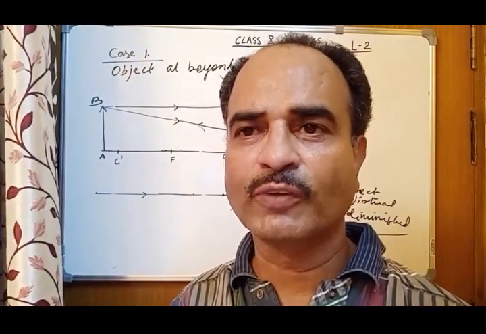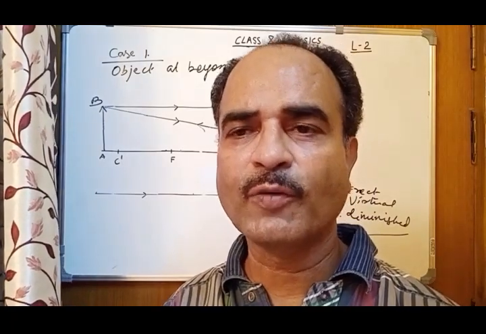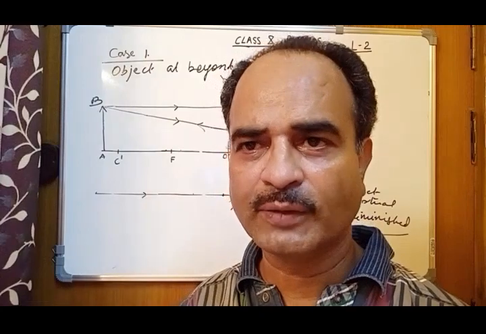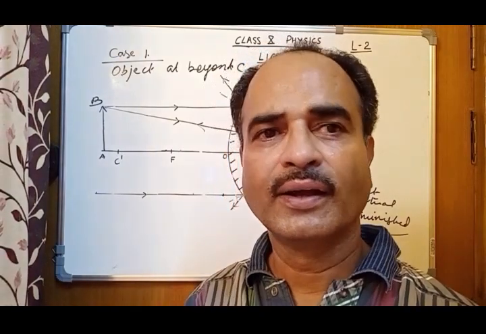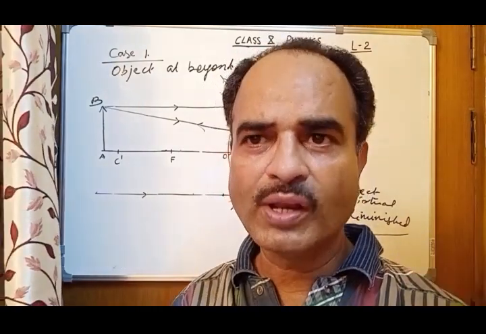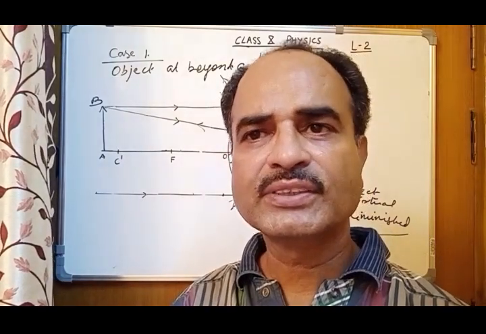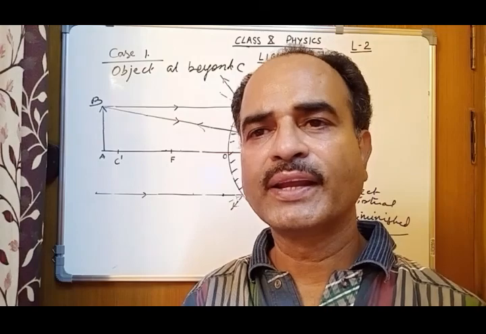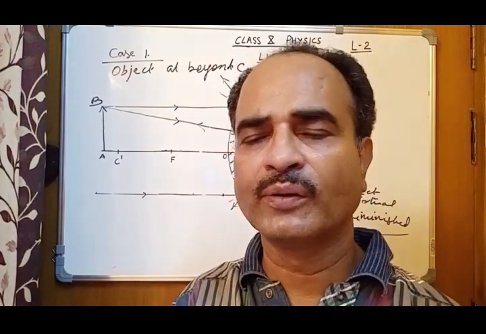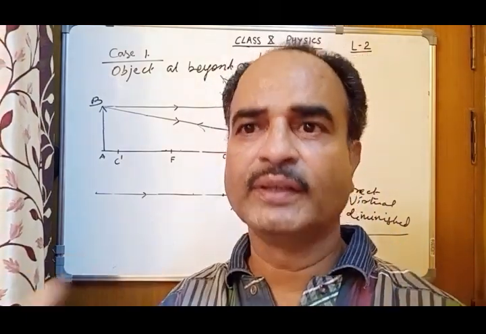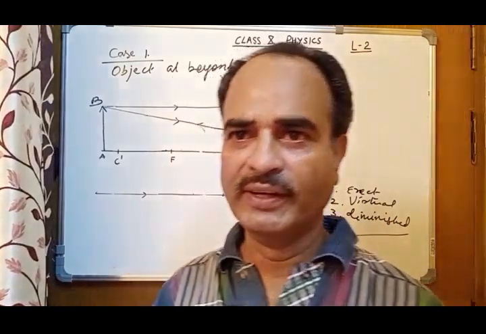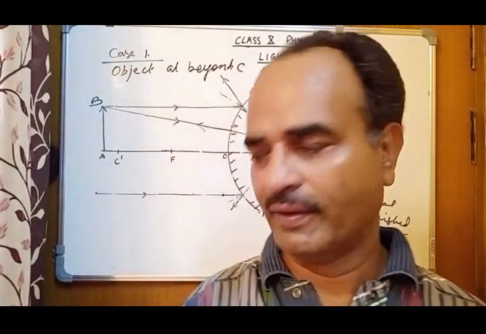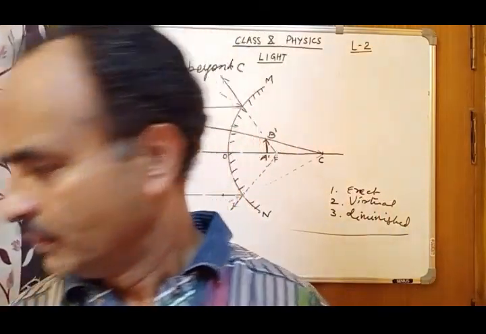So this is the property of the convex mirror. This is why this type of mirror is used in vehicles as the side mirror, because every object is seen smaller, a tiny object, and we can continuously see it in the mirror image without it getting inverted or toppling or increasing in size. It is convenient for a driver to use a convex mirror while driving.